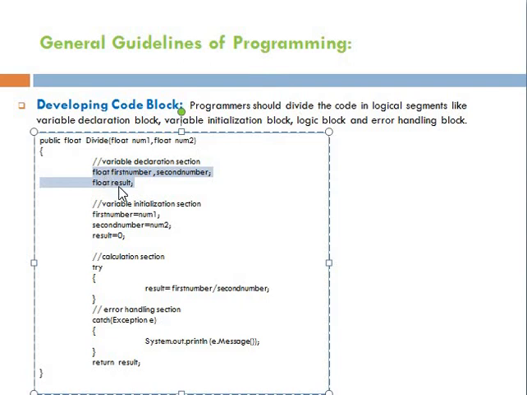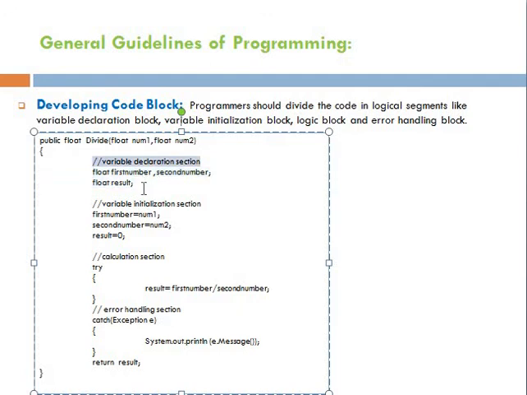And then I have declared another variable called result whose data type is also float. Now as this portion of the code declares three variables, which are first number, second number and result, this portion denotes that it is a variable declaration section,